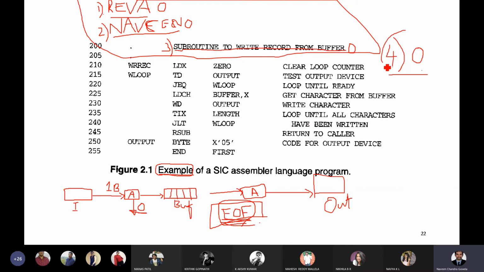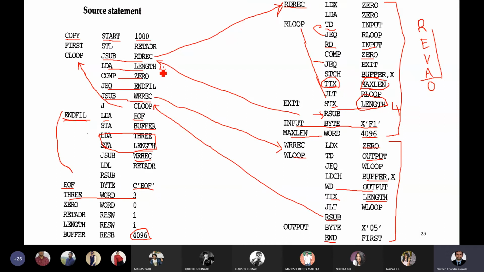Whereas in the fourth case, you did not read anything, you directly gave 0. It means that you did not read anything into the buffer. So here the length of the input data is 0. So you'll directly jump to the end file where you would like to print EOF. In such a case only that EOF will be put into the buffer, and 3 will be considered as the length of the data. Why 3? Because EOF is 3 characters. So the length of the characters to be written is 3 characters. Guys, are you understanding?